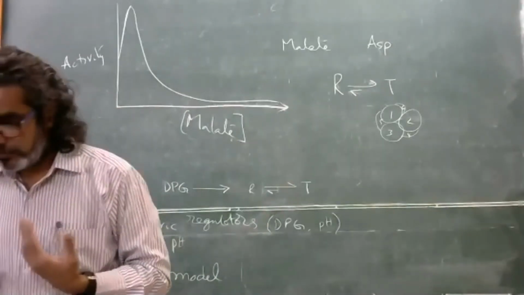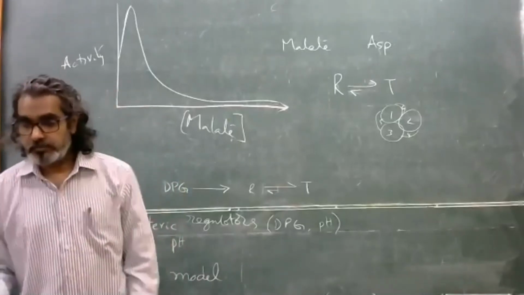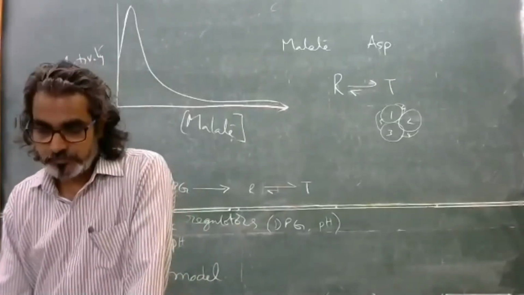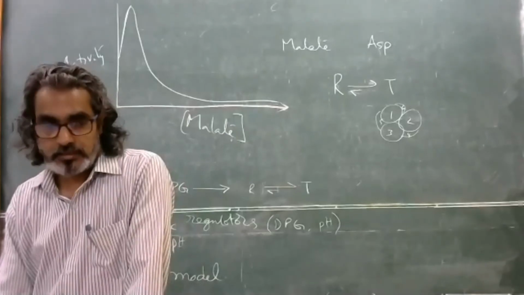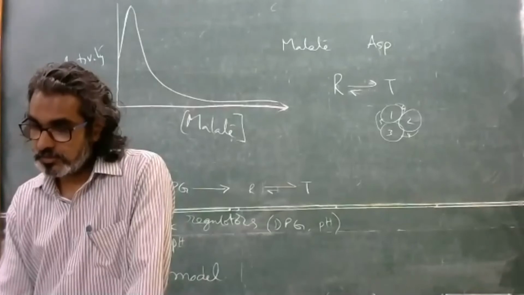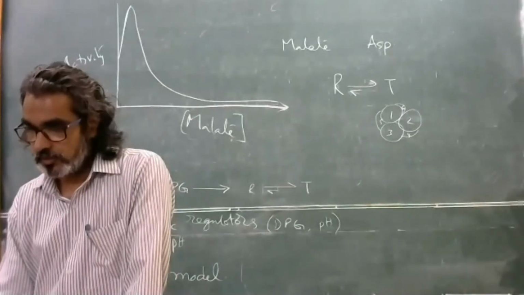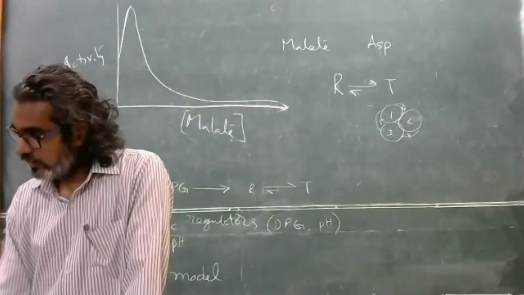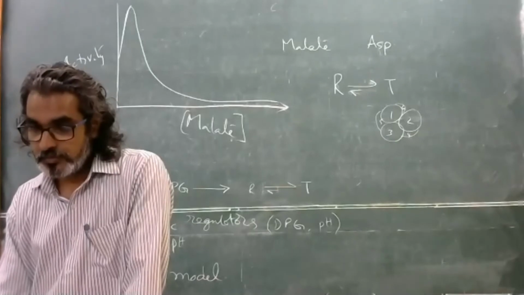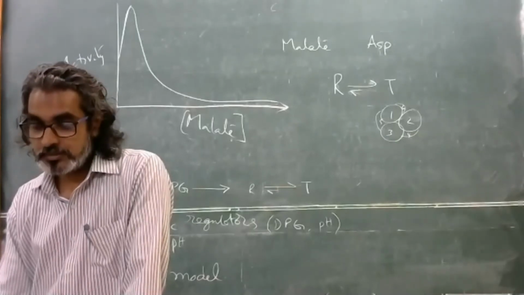So these two examples, hemoglobin and ATPase, if you understand them, then basically most of the aspects of enzymatic kinetics and enzymatic regulation are dealt with, because a lot of data is available on these two molecules. That's why these are textbook examples. I explained very few aspects of these enzymes, but there's a lot more.